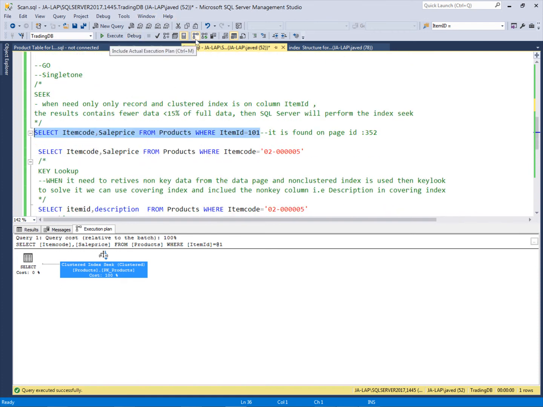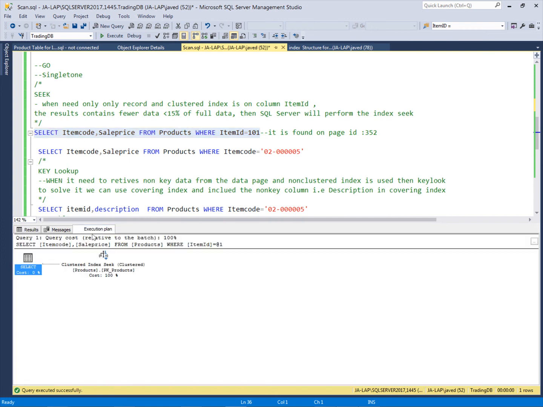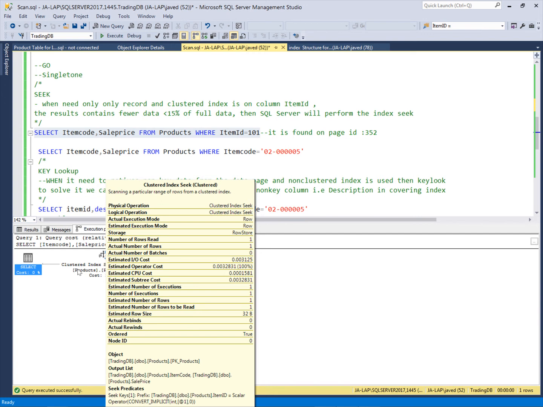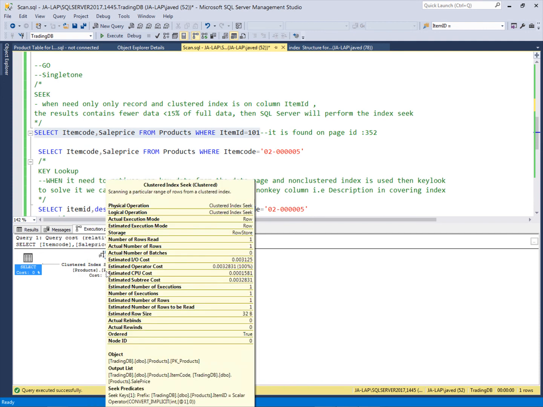So I switched on the actual execution plan. Now when I execute this query, it brings only one matching record. Checking the execution plan, the index seek method is used to find this particular ID in memory.